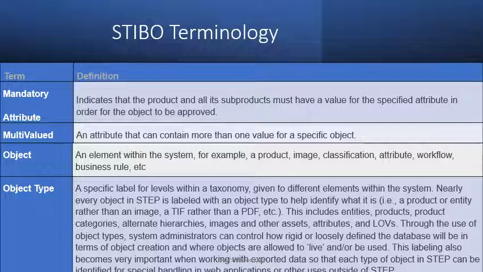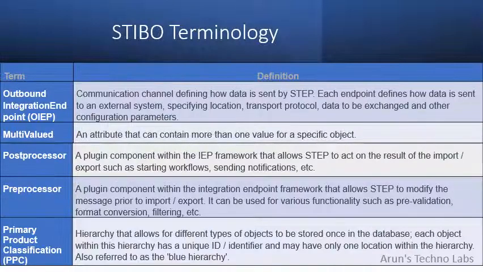It's kind of an objective type. Outbound integration endpoint is a communication channel which is used for outbound data. Multi-valued is an attribute which contains one or more values for a specific object, which I think we already discussed. Post processor is a plugin within the IAP framework that allows a step to act